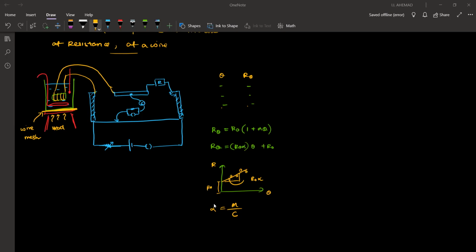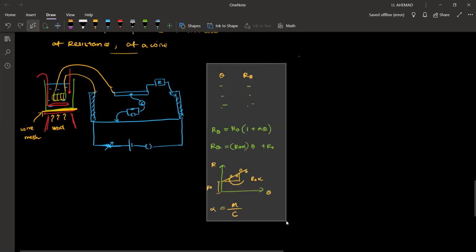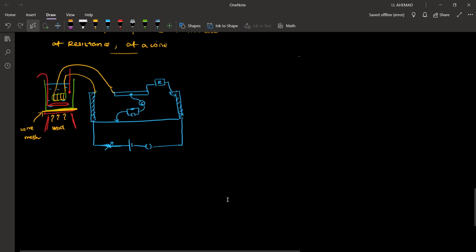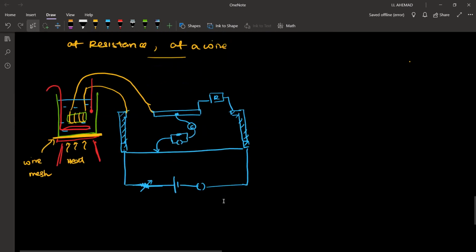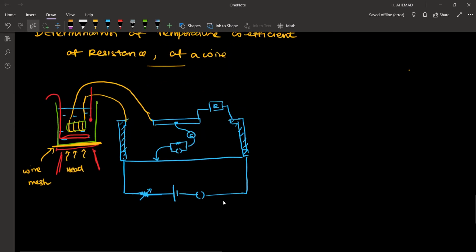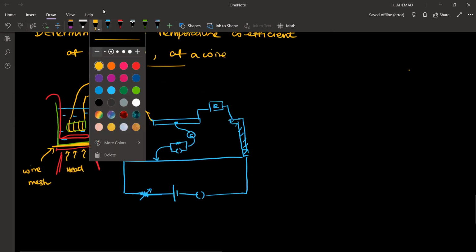The idea of the experiment is clear, what we do here and how we are going to find what is alpha. Draw the setup. Draw the setup and below write